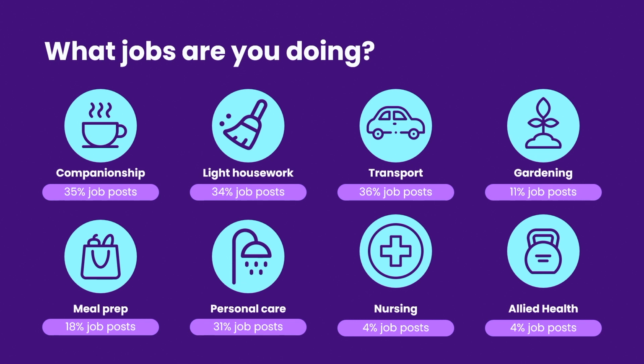So examples of companionship are meeting at home, potentially, and then taking a client out shopping, having some lunch in a shopping center, or it could be staying inside and playing board games. These are examples that are occurring on our platform at the moment. Examples of transport can be taking a client from A to B. It can also be driving a client to multiple different appointments, so driving a client to the gym and then on to the doctor.